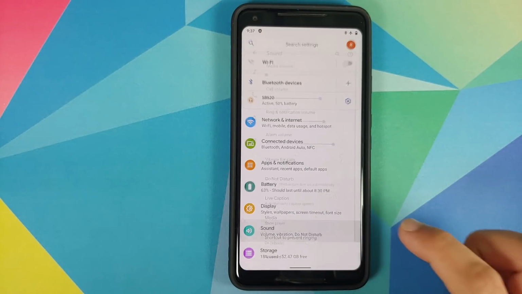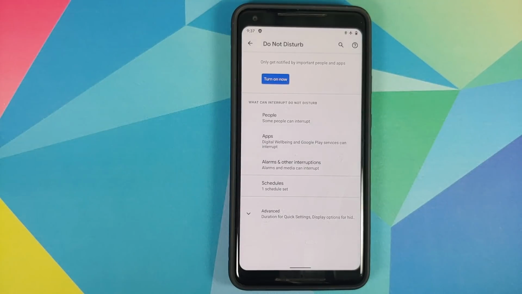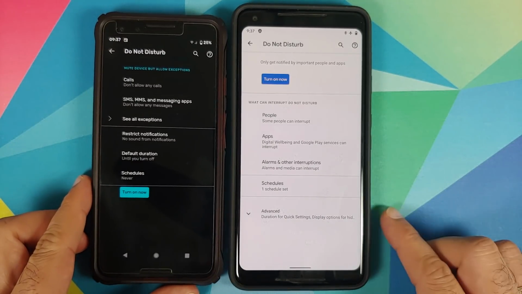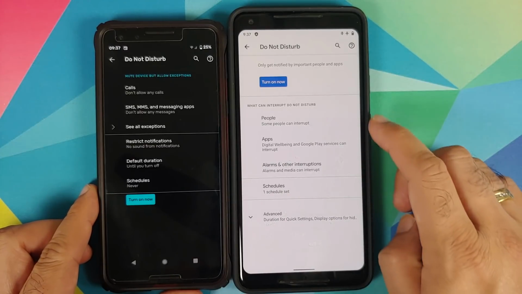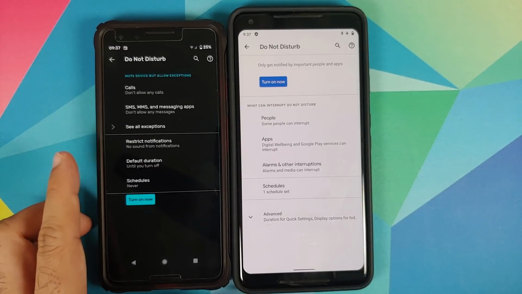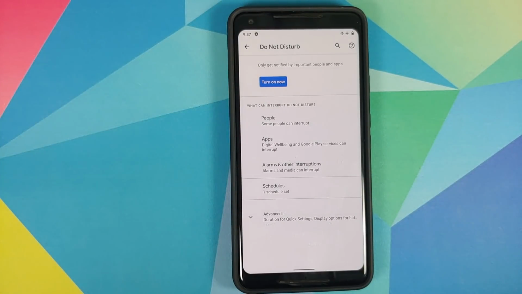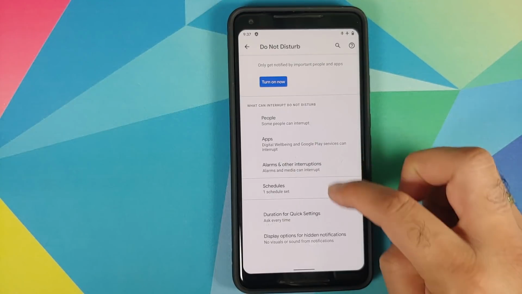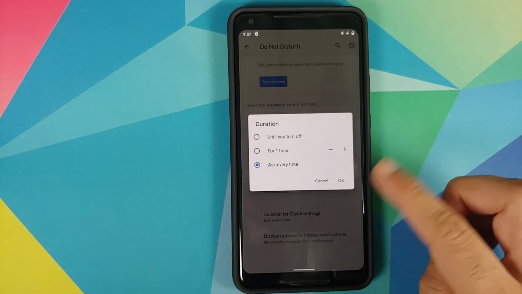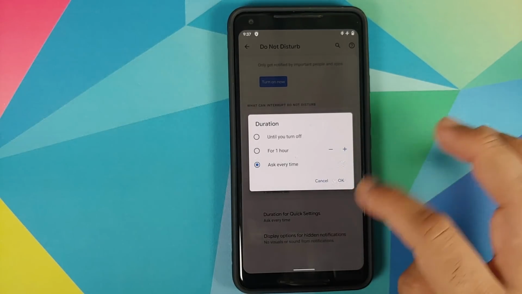Next up, we can go into sound, and if you go into do not disturb mode, you will see that the menu is now changed. The previous menu, let me bring in my Pixel 3 into the picture one more time. So here is the Pixel 3 running Android 10, and you can see that the menu options for DND are different. I can now configure on a people basis if I want specific people to disturb me while I am in DND mode. And if I select advanced, you now also have the option to customize your duration when you enable DND from the quick setting.